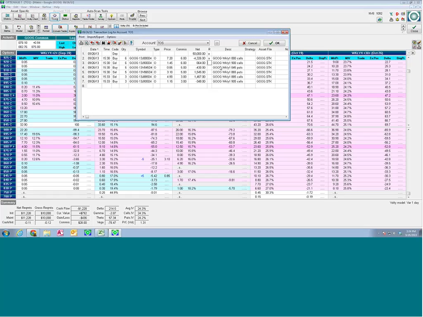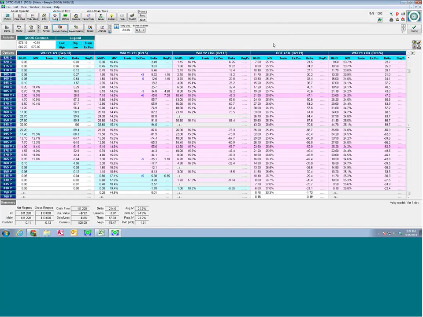So let's make this first spread A, make the second one B. An upper or lowercase really doesn't matter. And this one will be C. Now if I do that, so I've got 3 spreads going now. And what I'll see now is a new box opened up, existing position included. And this will allow me to see everything together in the summary section down below, and also the Analyze screen